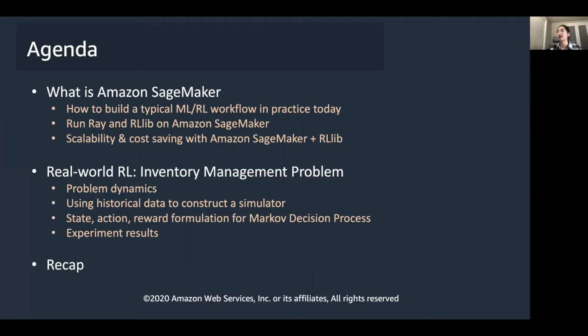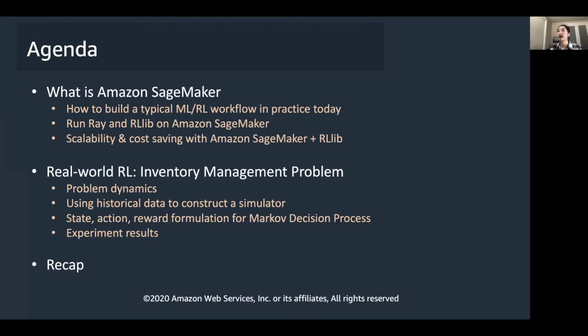In the second part of the presentation today, we will focus on a real-world reinforcement learning use case. Specifically, we will talk about inventory management problem. I will walk you through the problem dynamics as well as the formulation. And I will introduce you how can we use historical data to construct a simulator so that the RL agent can use to develop its policy. Most importantly, I will introduce what are the states, action, and rewards in the formulation of the corresponding Markov decision